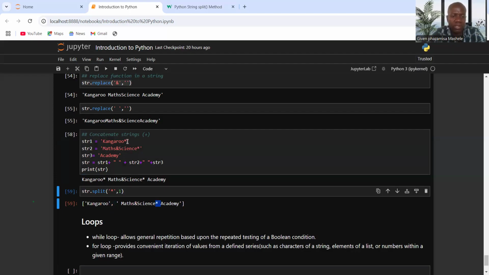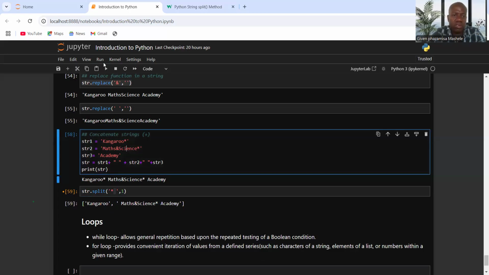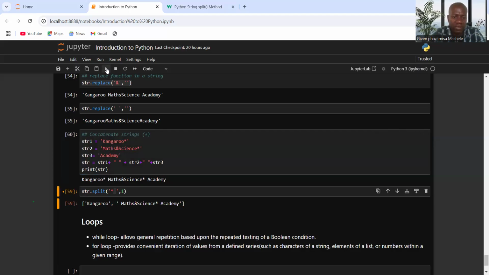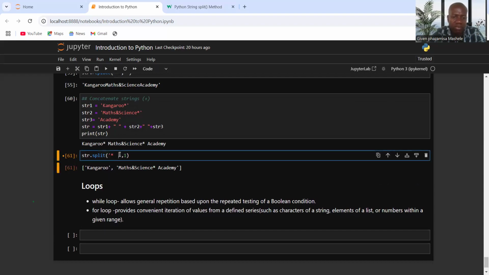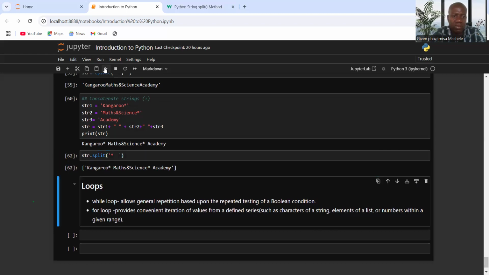Again, we can say we wanted to separate with that asterisk and at the same time with that white space which was there. Remember, I've created a space here. So what Python will do is separate the strings with an asterisk and also a white space. But if I do not specify how many times it should do the separation, and I just do the running,